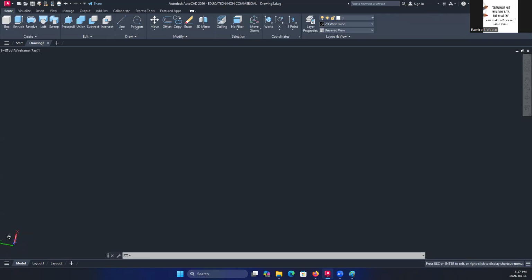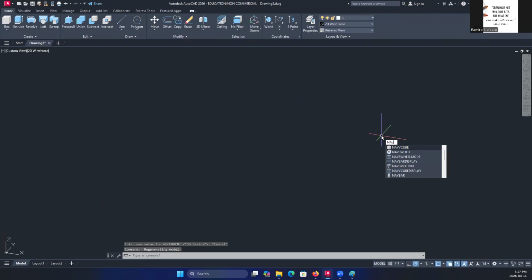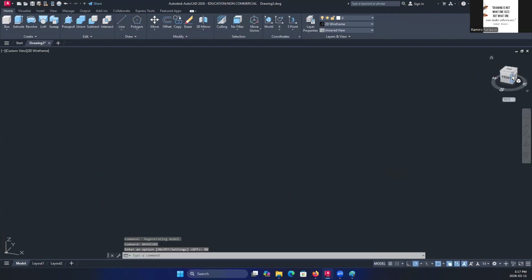Look at the UCS icon. You can now see the Z axis. Now, once you are in a 3D view, it's also nice to turn the nav cube on, so you know you are in a 3D view.